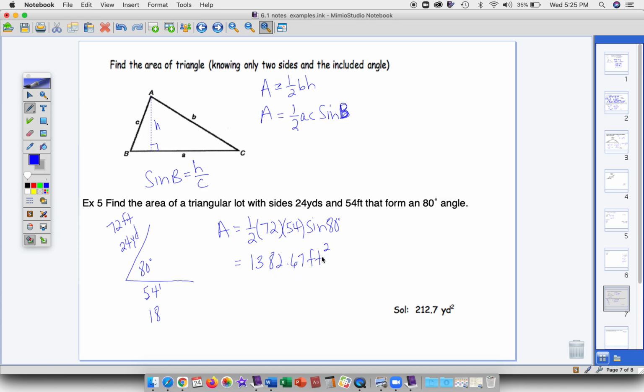This is square units, right? So if I have square feet, I have to divide by 3 squared. So if we take that number and divide by 9,